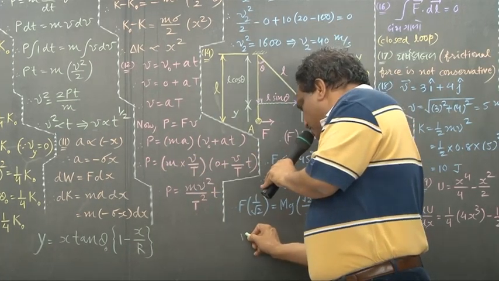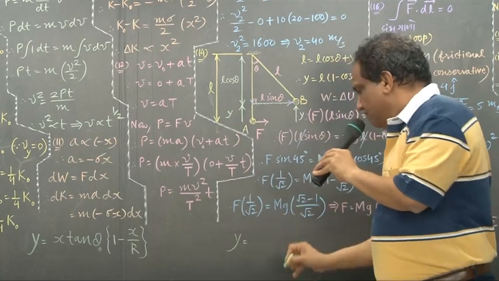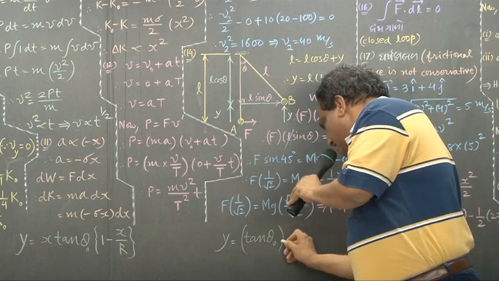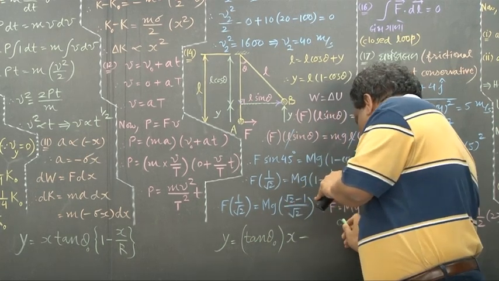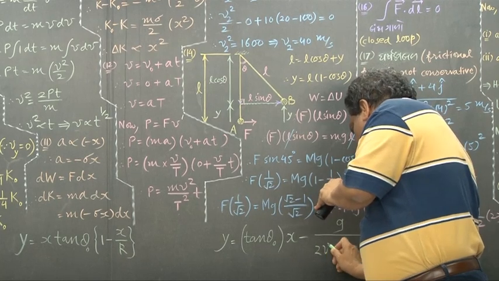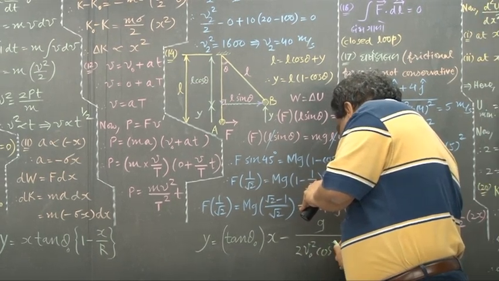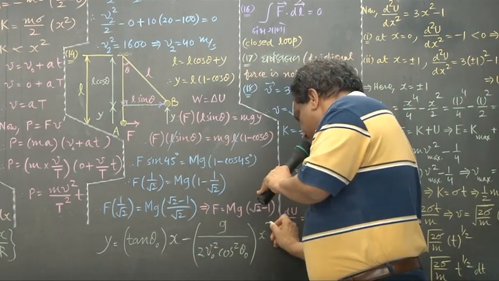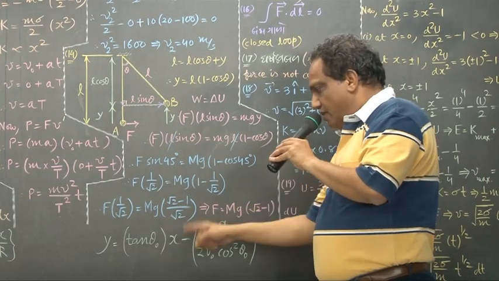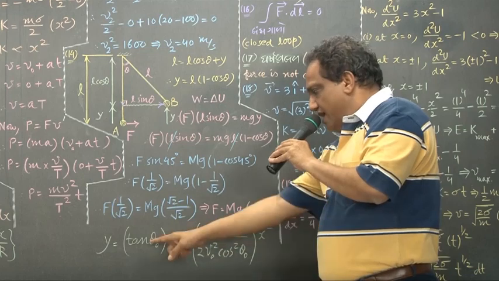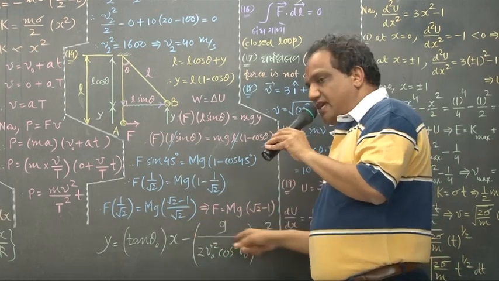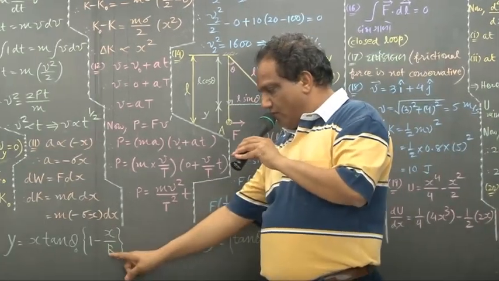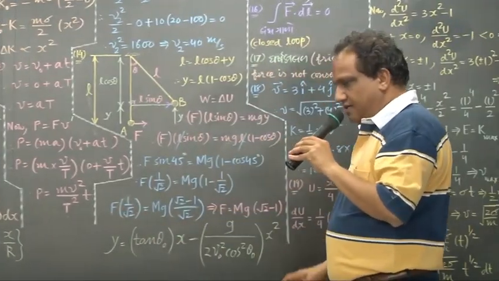Look, y equals the equation of a projectile which you know from the textbook. It is tan theta 0 into x, minus g upon 2 v0 square cos square theta 0 and whole into x square. Correct? Something into x minus something into x square, a x minus b x square. It was the equation of a parabola. Put the formula of R, simplify, you should get this. Correct? Right.